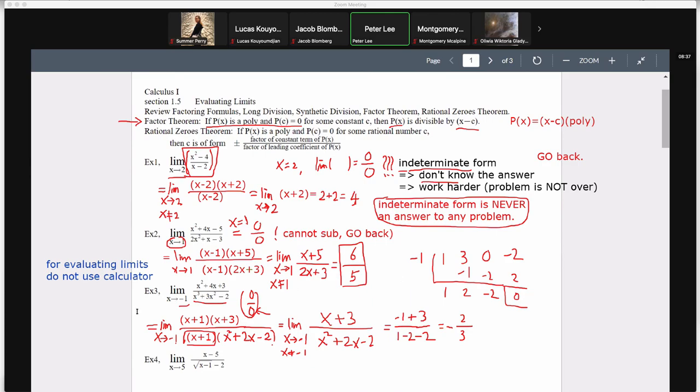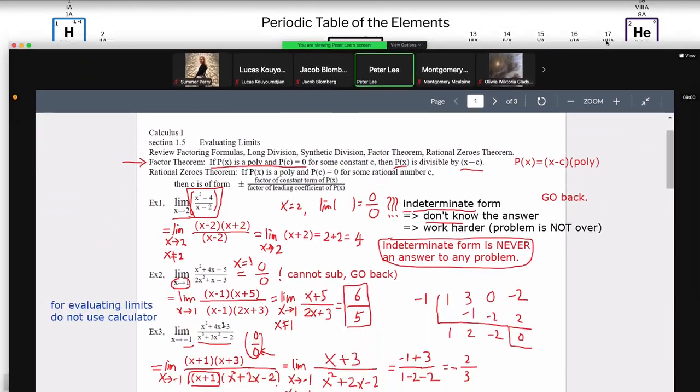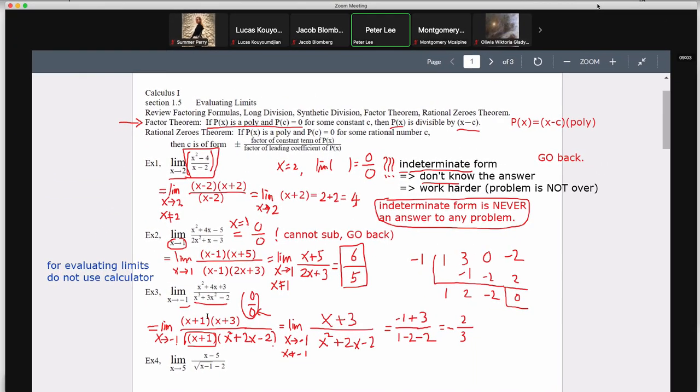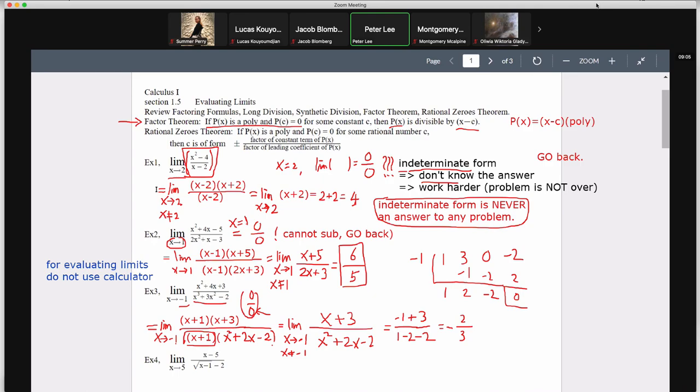So basically, when you plug in x equals negative 1, we get 0 over 0. 0 over 0 is something we don't understand, so that means we cannot do it. We don't know what the value is. But the question is, as x is approaching negative 1, what is this function approaching? And it turns out that when you change the form, one of the techniques for evaluating limits for polynomials and rational functions is by factoring. So example 1, 2, 3,